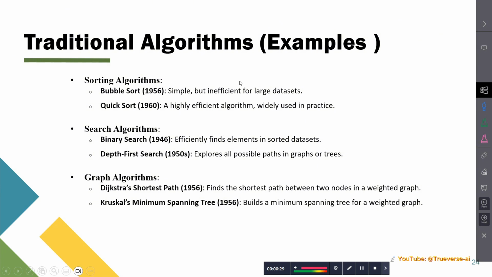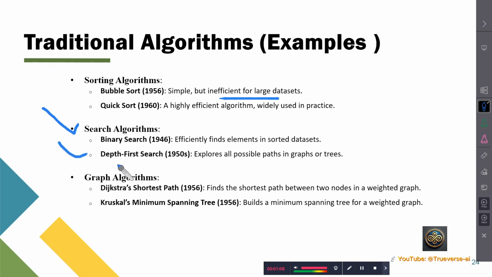Let me give you some examples, like sorting algorithms. Bubble sort is one example, from the time AI was born. That was simple but insufficient for large datasets. Quick sort is a highly efficient algorithm, widely used in practice. Another one is the search algorithm, binary search, which is famous, 1946, and